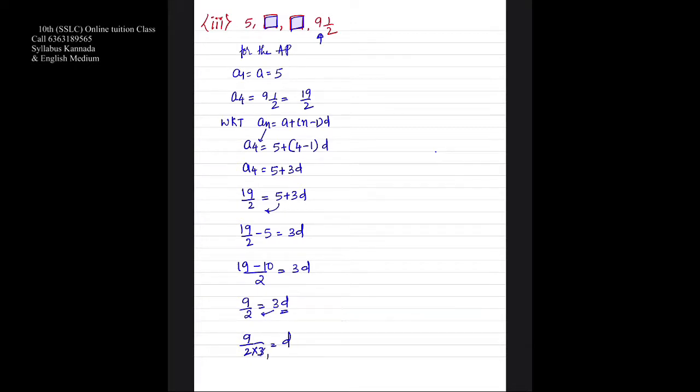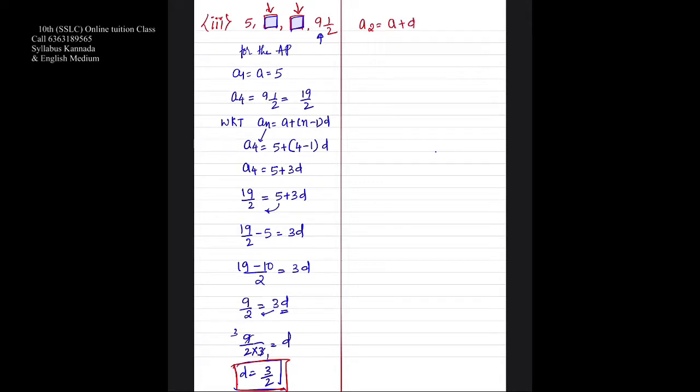So students, 3 1 ja 3, 3 ja, so d equals, the value is 3 by 2. Okay, this is your common difference. So common difference ಎಷ್ಟು ಬಂತು ನಮಗೆ, 3 by 2 ಬಂತು. Now we have to calculate the value of the second term and the third term. So what is the second term, how can we write it? So the second term equals a2 equals